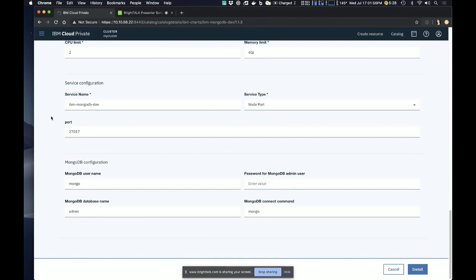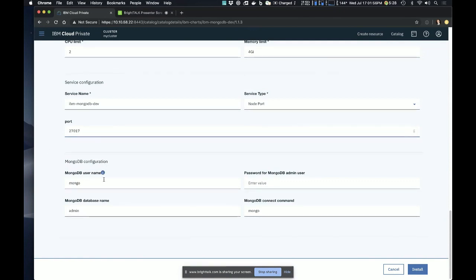So I can spin up 10 MongoDB services all listening on this port, but from the Kubernetes perspective, it'll create a dynamic port that's available for it to use. And I can do different configurations, like I can set my database name, I can set my passwords, things like that. Just leave it default.